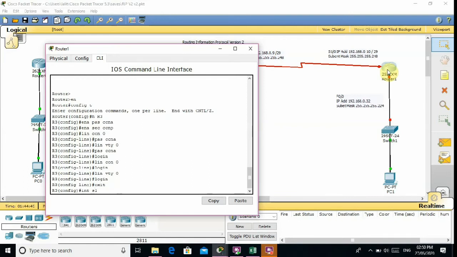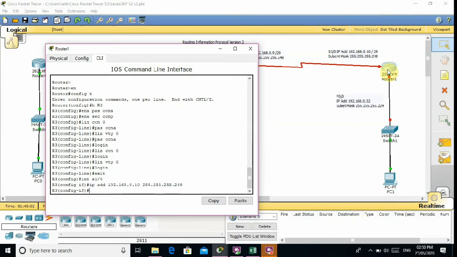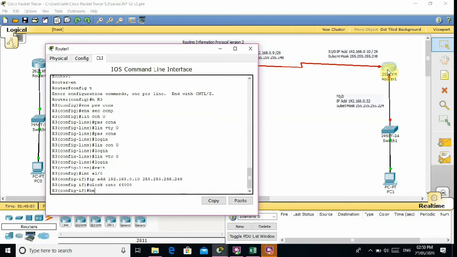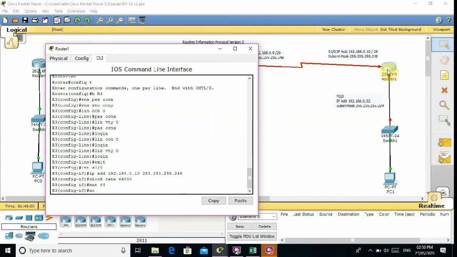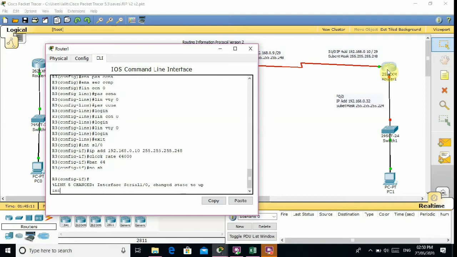Now I am going to interface serial 1/0. IP address is 192.168.0.10 and subnet mask is 255.255.255.248. Clock rate is 64000 and bandwidth is 64. No shutdown command.